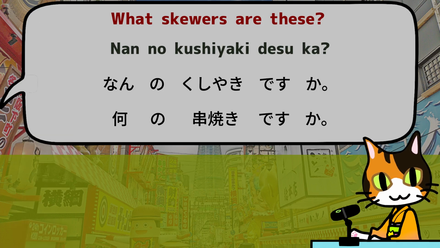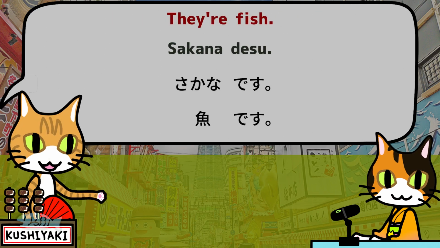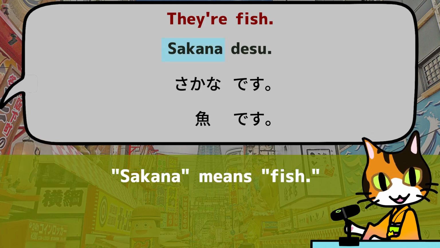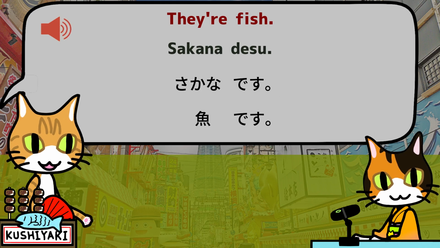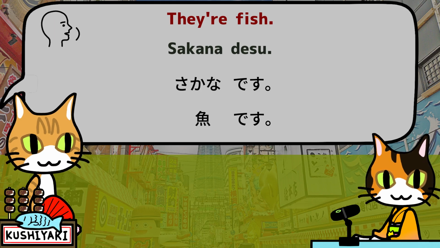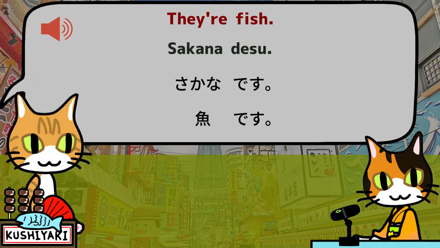Very good. Here's the answer. 魚です。 Sakana means fish. Let's practice. 魚です。